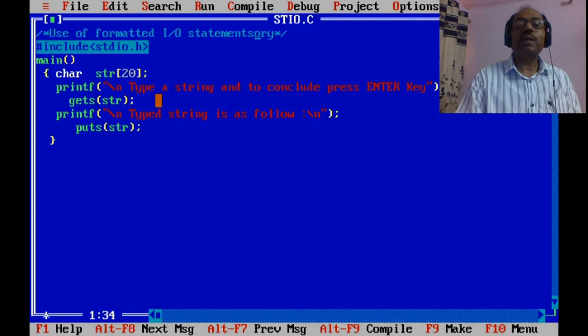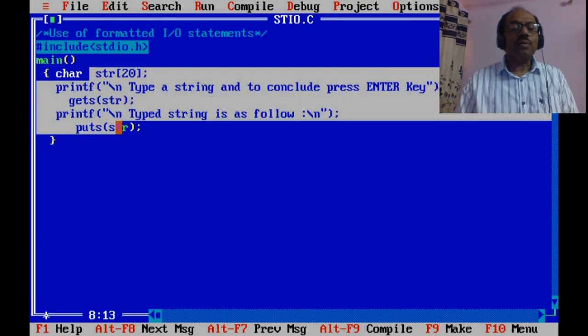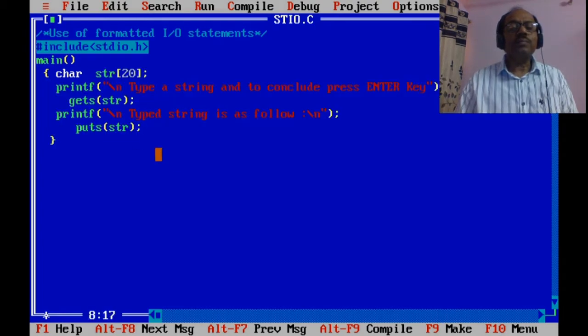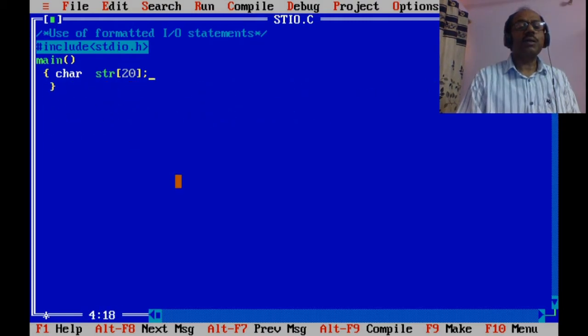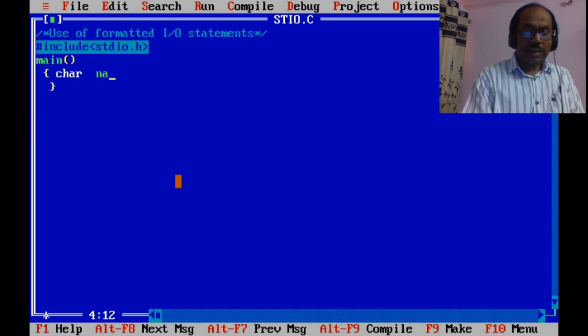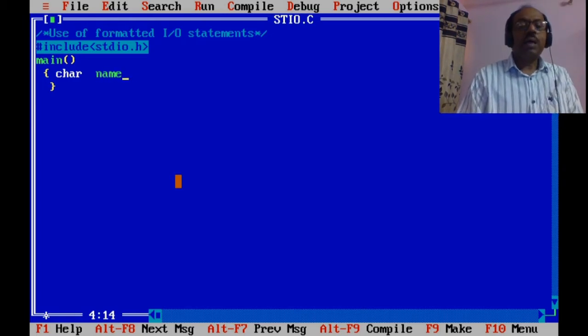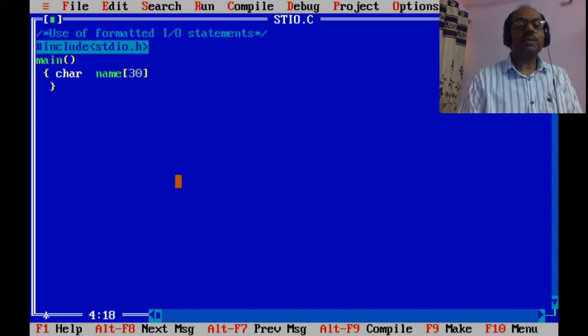So this is our comment line. Here we will show the commands, the characters, the variables. So here we take a variable as name, and let's take 30 characters to input the same.